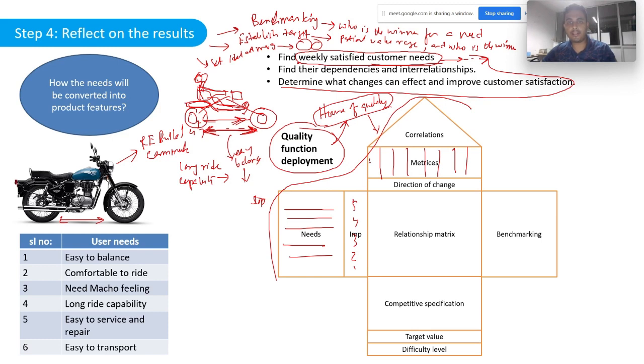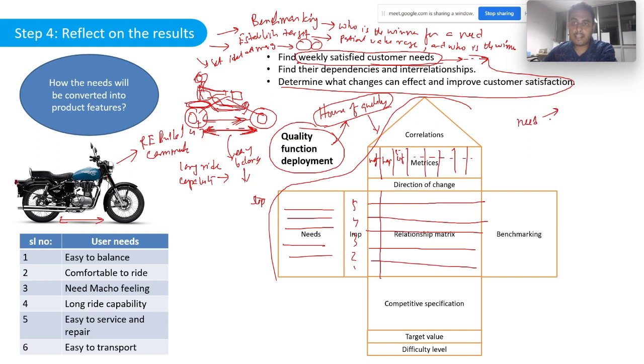Specification means the weight, the height, the spring coefficient, all these are there at the top. Now in this there is something called the relationship matrix. As I told you before, a single need can have multiple specs. Similarly, multiple needs can have a single spec. That means what we do in the relationship matrix is we try to see, for a particular need,